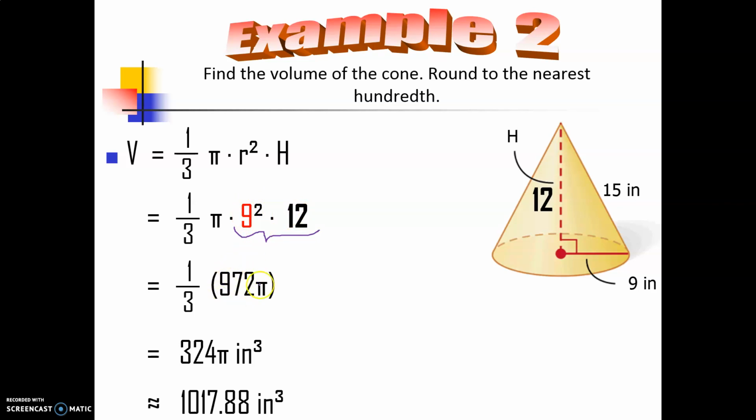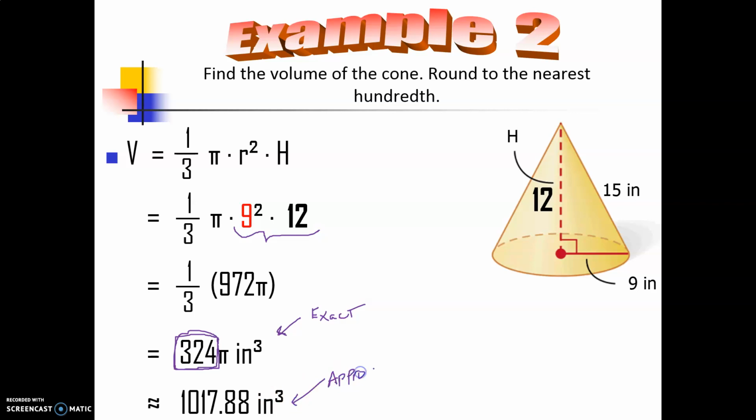This is 972 pi. And that number is divisible by 3, because 972 times 1/3, or divided by 3, gives you 324. So if this number is a whole number and not some really ugly, funky decimal, I want you to write it like so. So 324 pi cubic inches, that's our exact answer as we've discussed before. This is an exact value. And down here we get our approximate value,